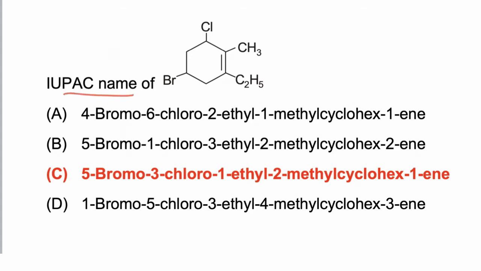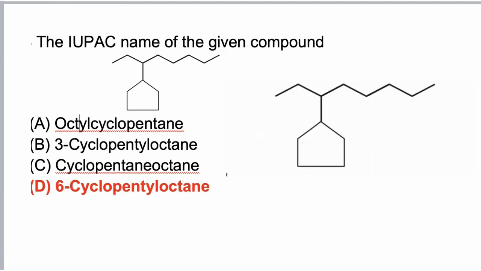In this question we have to find the name of the given compound. Now the molecule has substituents Cl, Br, ethyl and methyl, and a multiple bond. Priority is given to the multiple bond, so the first number is given to the multiple bond containing carbon. Now we have to follow the lowest set of locants rule. So the main chain is of 6 carbon. Now locants are present at 1, 2, 3 and 5 positions. Now the names of substituents are written in alphabetical order. So first we write bromo, then chloro, then ethyl, and then methyl.